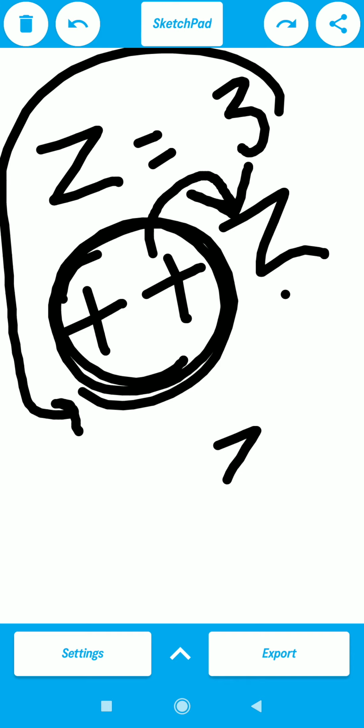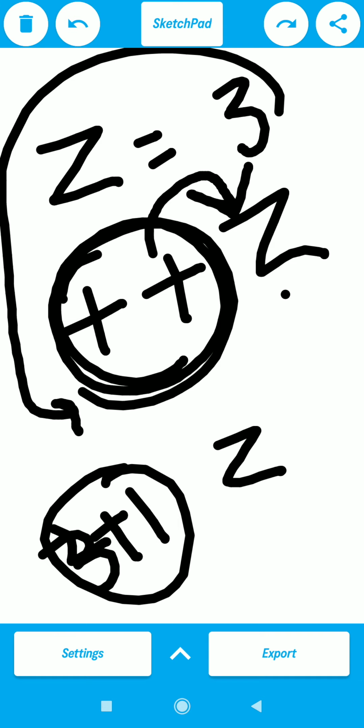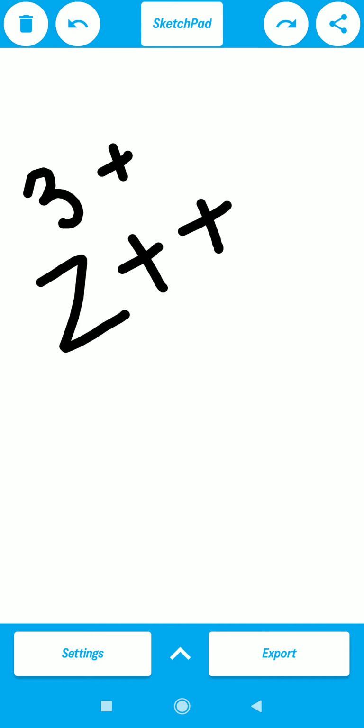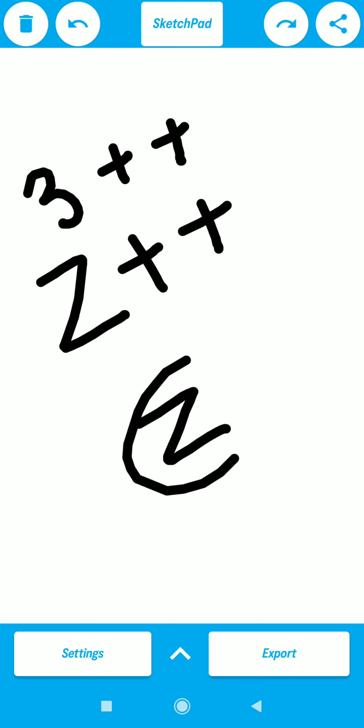Before the operation, it automatically incremented z, 3 plus 1, that is 4, and put the value inside z. If you say z plus plus, z is 3, then you are saying plus plus. But if you use z after this operation, then it will be 4.